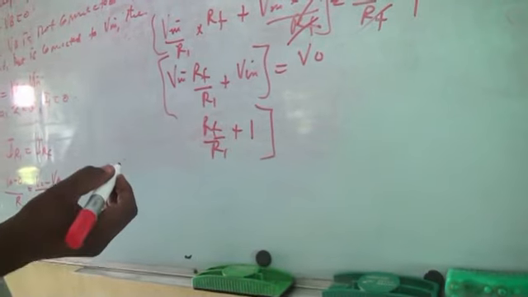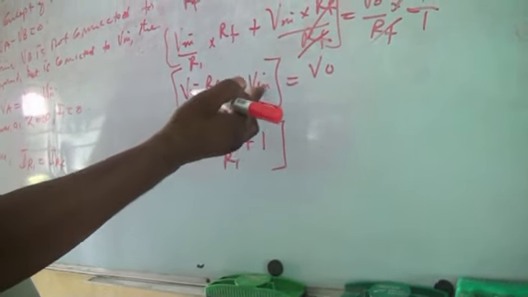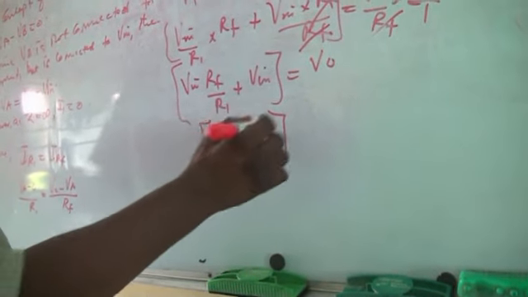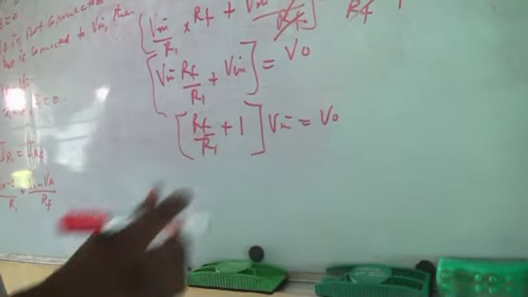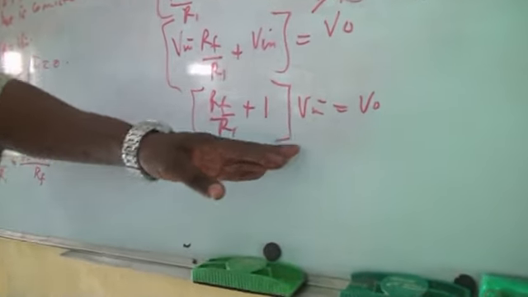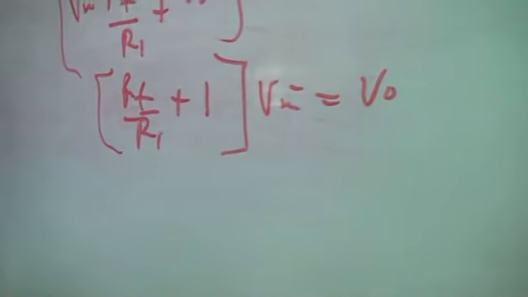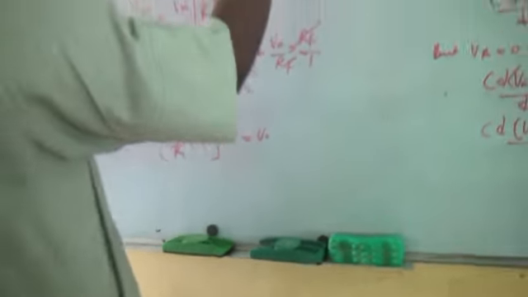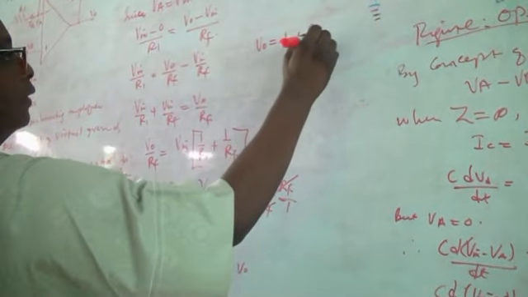Or how do you do it? Because if you remove the V in here, the V in here will not be, because you have to make it independent in this case, and it will be V naught at this level. Can you see? You can rearrange. By this, if you rearrange, you are going to have the equation as V naught equals to 1 plus RF over R1